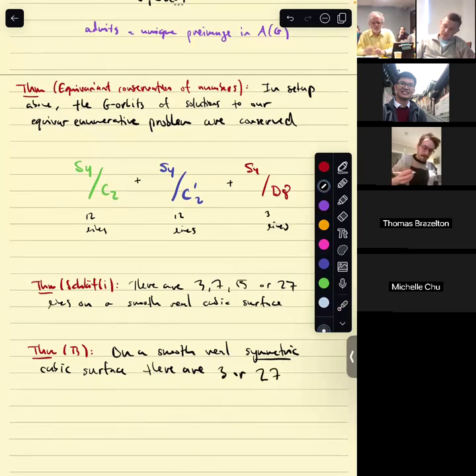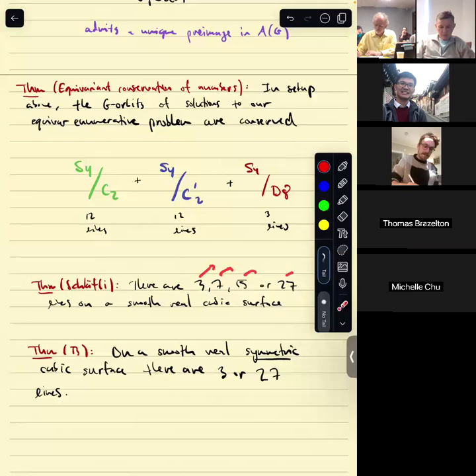So the theorem is that on a smooth real symmetric cubic surface, there are either 3 or 27 lines. And an important part of Schläfli's work was not just this restriction, it was actually the existence of cubic surfaces with each of these numbers of lines. And we also have existence for symmetric cubic surfaces with these lines. An example is,